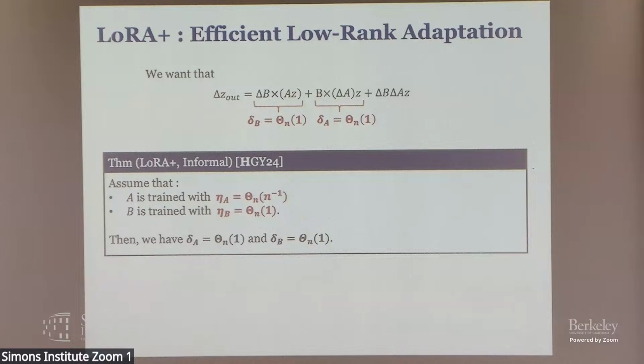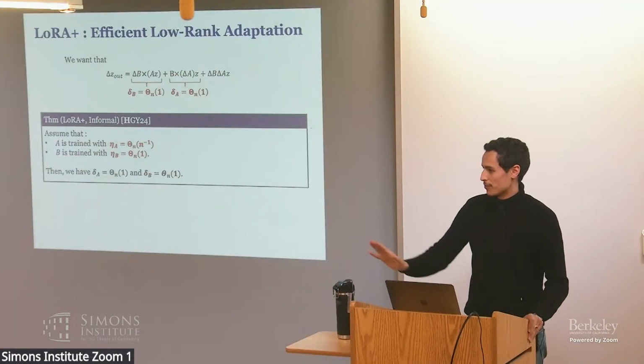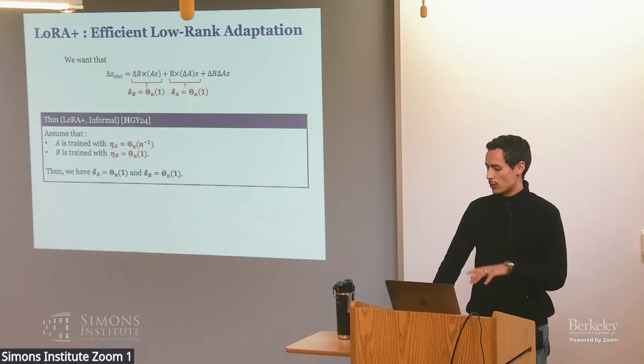I can say more about this if you want. Isn't this the same as the 1 over n? Here you can think of it as finite, yeah, exactly. Same as in the earlier one, right? So this is for the learning rate, not initialization. For initialization, it's 1 over n. Yeah, this is the learning rate.